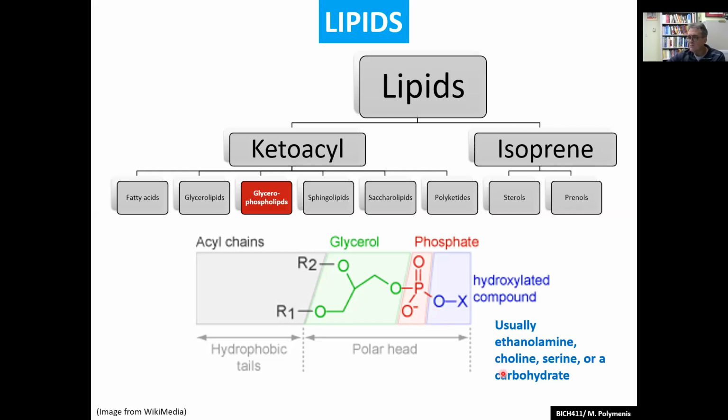it could be several things, but the most interesting ones for us at this point are the basics like ethanolamine, choline, and serine. They are related compounds. In fact, you can make one from the other in normal biosynthesis, and from serine. And we'll see how these are put together to make these phospholipids.